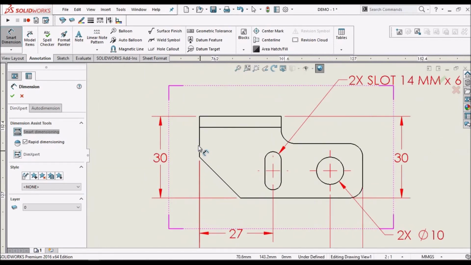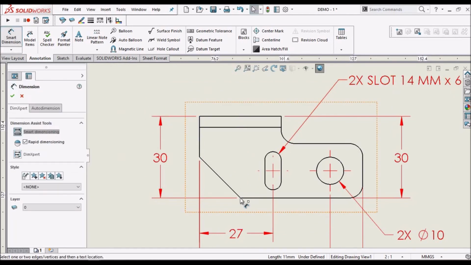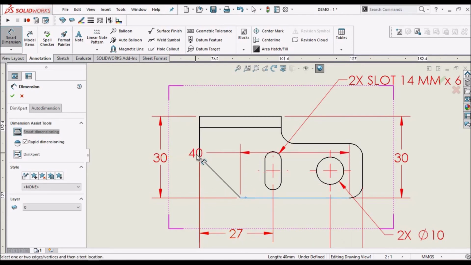Here chamfer also we can give either from here to here distance.